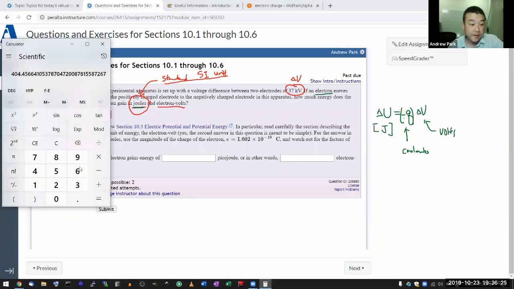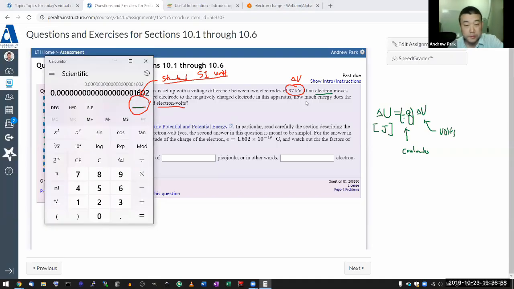So the elementary charge, or the magnitude of the charge of the electron, is 1.602 E notation minus 19. That's the charge, and you multiply it by the amount of volts, which is 37 kilovolts or 37,000. So 37 and 3 zeros equals,